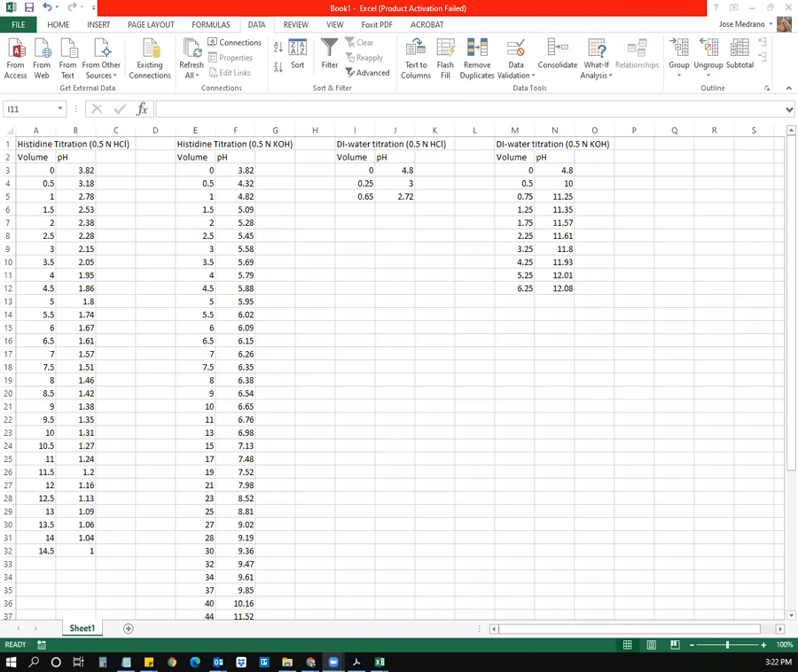Hi everybody. This video is going to demonstrate how to take your titration data from your chapter 2 lab and prepare it to plot onto one single graph. The first thing we need to do, if you all remember how we are going to plot our titration data, is have the millimoles of the titrant on the x-axis and